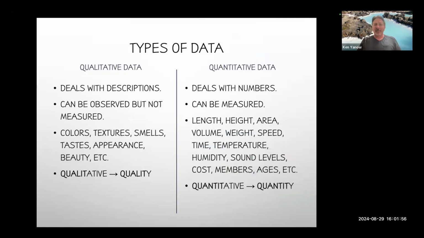Now, the types of data often used when we're talking about the scientific method are qualitative data or quantitative data. So qualitative data can be as simple as color, shape, texture, size. All of that are qualities about which we can collect data and ask questions. Quantitative data is stuff that can be measured, typically dealing with numbers: length, height, area, etc. So quantitative is quantity. When we're looking at the scientific method and at various types of data, they all go together in our quest to solve problems, looking at the data.